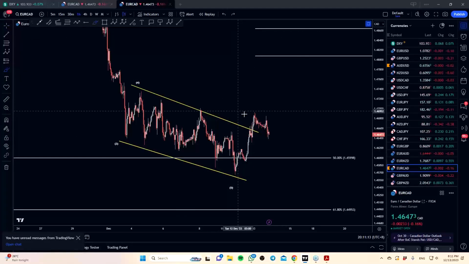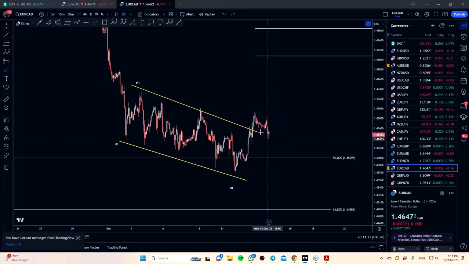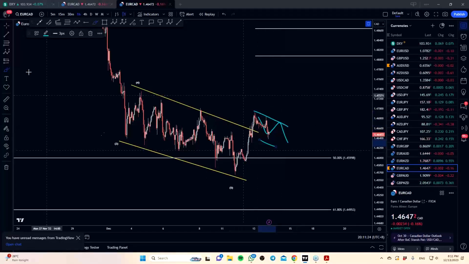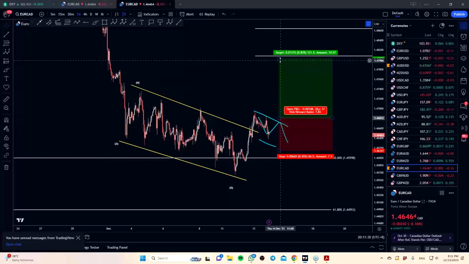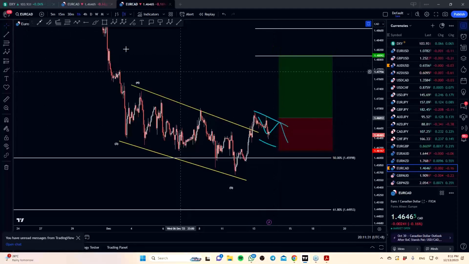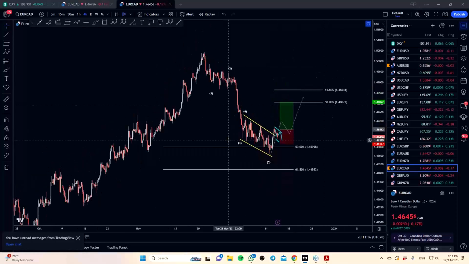So what we can do now is we have this move up, and it may be pulling back. If we can get a 3-wave correction, that will give us an hourly buy setup as a breakout trade. If you look at this, the risk reward ratio is pretty close to 1:2, right? So going back on the H4, that looks something like that. Again, you can see the application of things, right?